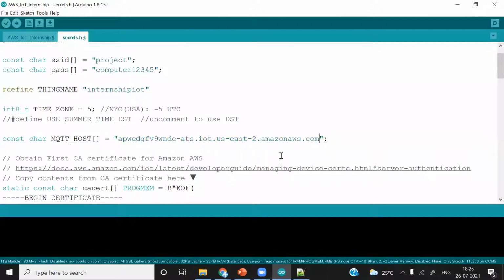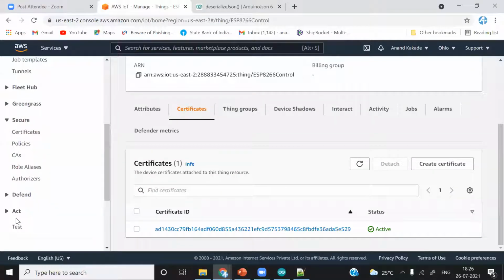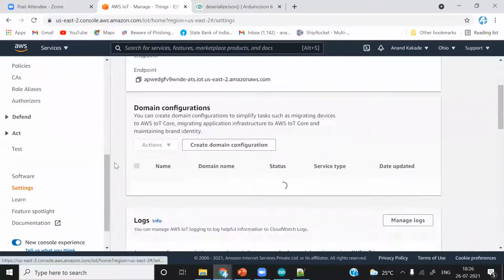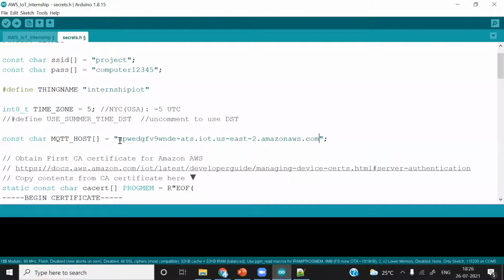You can go to settings and find it over here. You can see FV9WNDE. We will check that also. See, it is the same one.